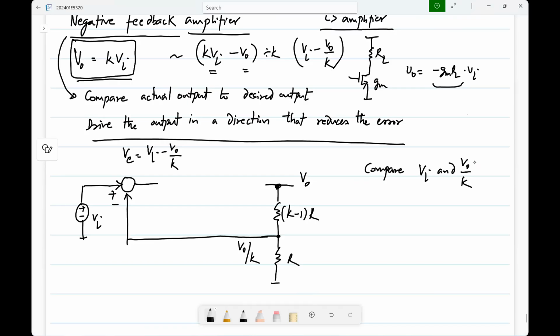The same goes for many other processes in our life. We constantly use this negative feedback. That is, we make continuous adjustment based on some comparison, right? You want to adjust the volume of your sound system so that the volume is comfortable to you. Again, you go on adjusting it. You don't set it to, let's say, number 5 and then assume that it's always right. So this continuous adjustment based on the comparison is key to negative feedback. So now the question is,